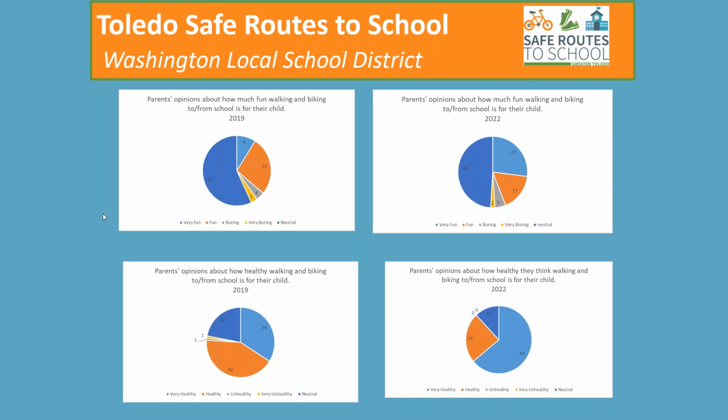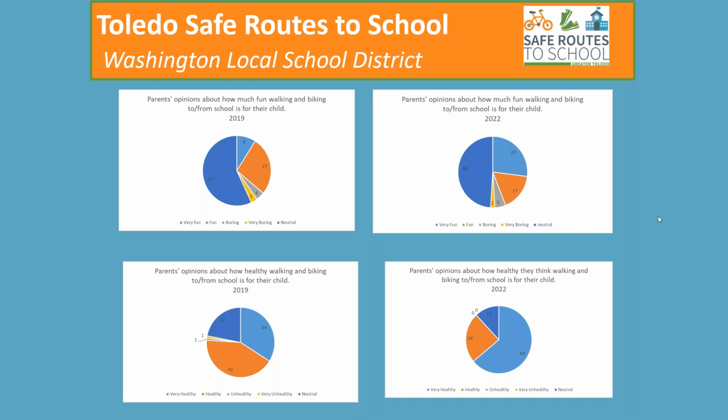And then this just shows some of our data from our Washington local school district since we started Safe Routes with them in 2019. As you can see, that was pre-COVID, and we really did our school travel plan study that year. So we just got started, and then COVID hit, and we had a very challenging time working with them. But they were great during COVID, letting us do a lot of virtual stuff. And you can see that we've been very successful in changing parents' opinions about students walking or biking to school.